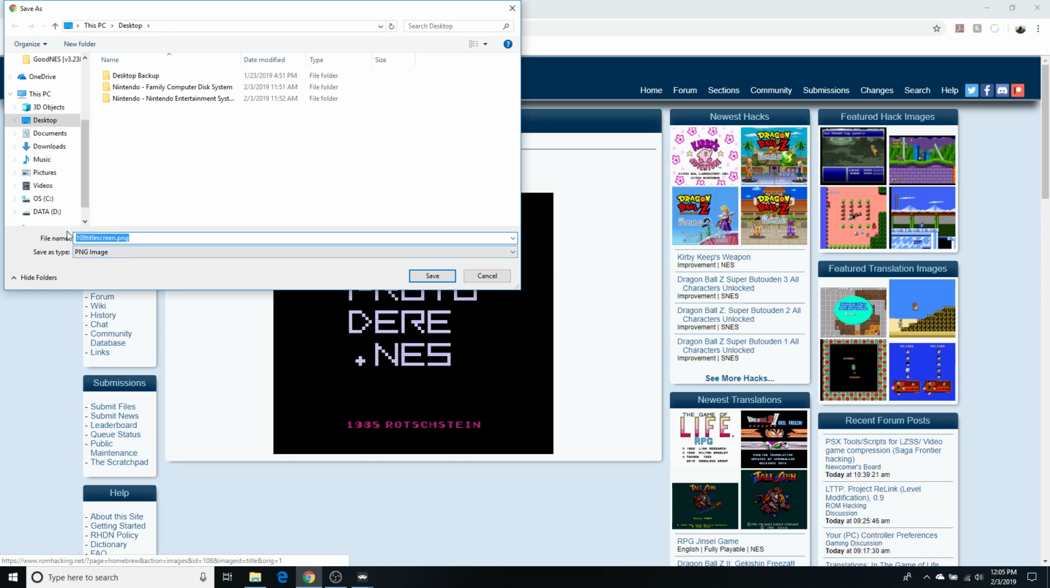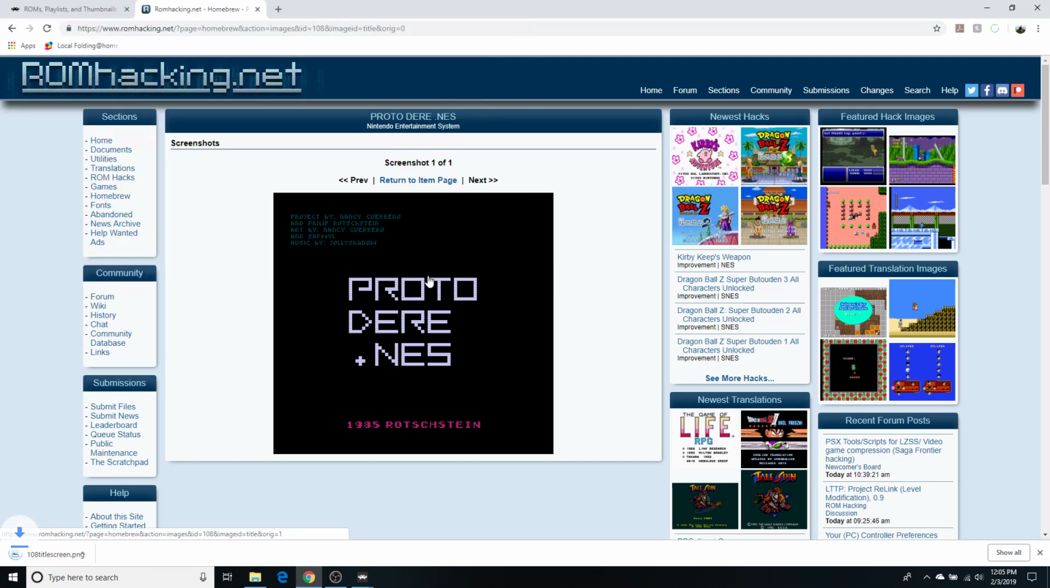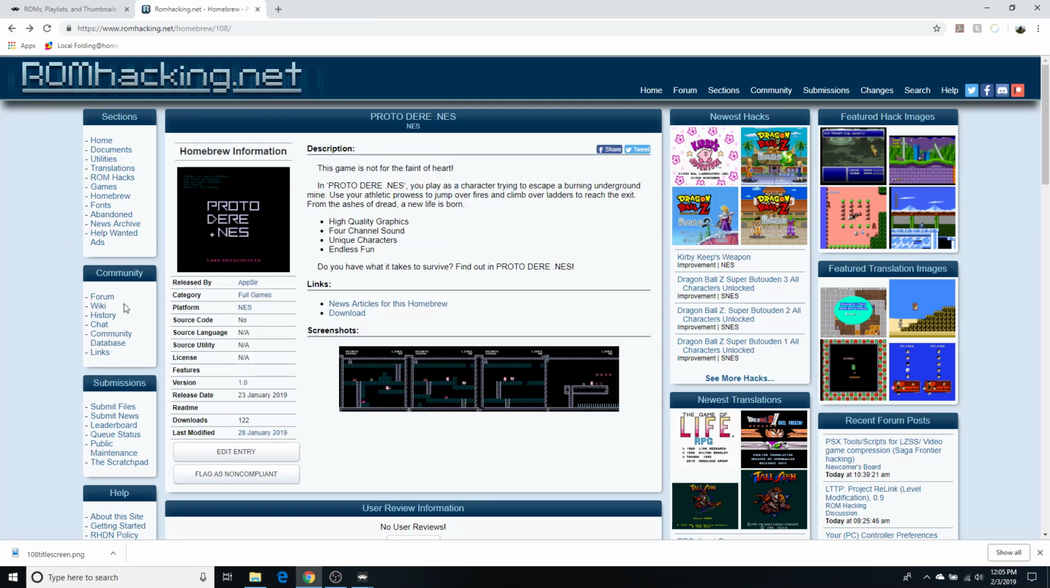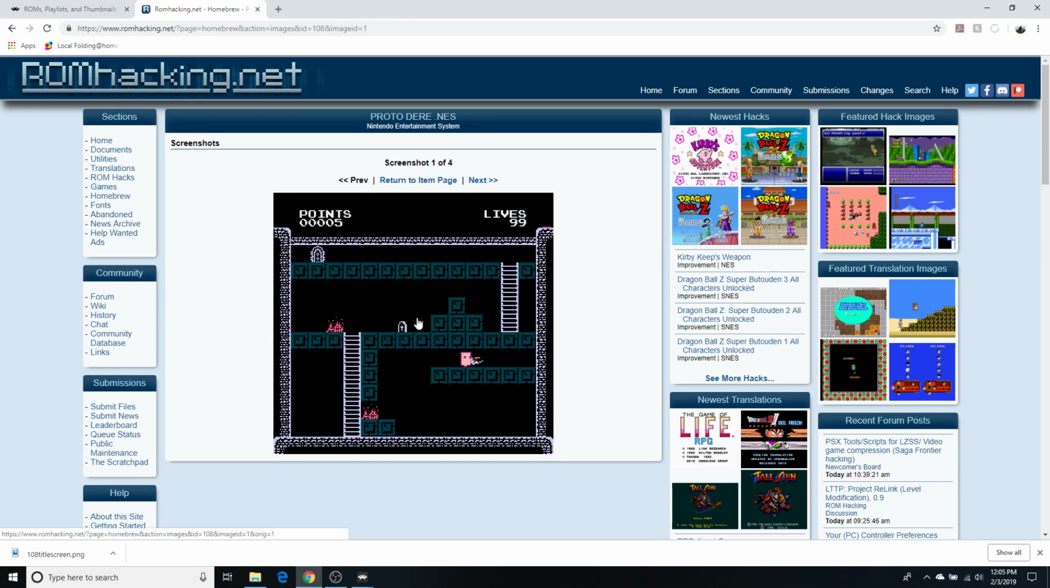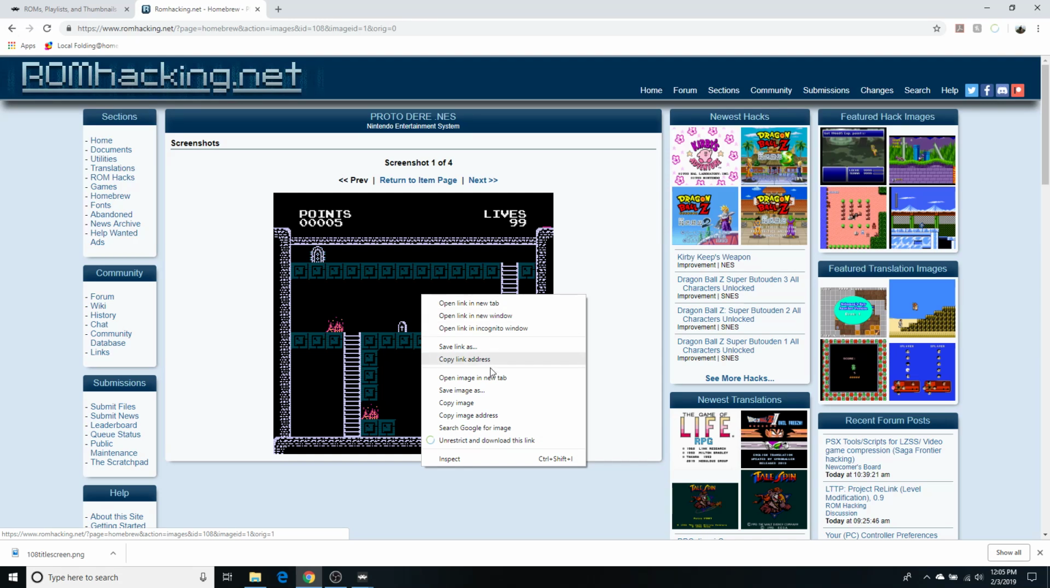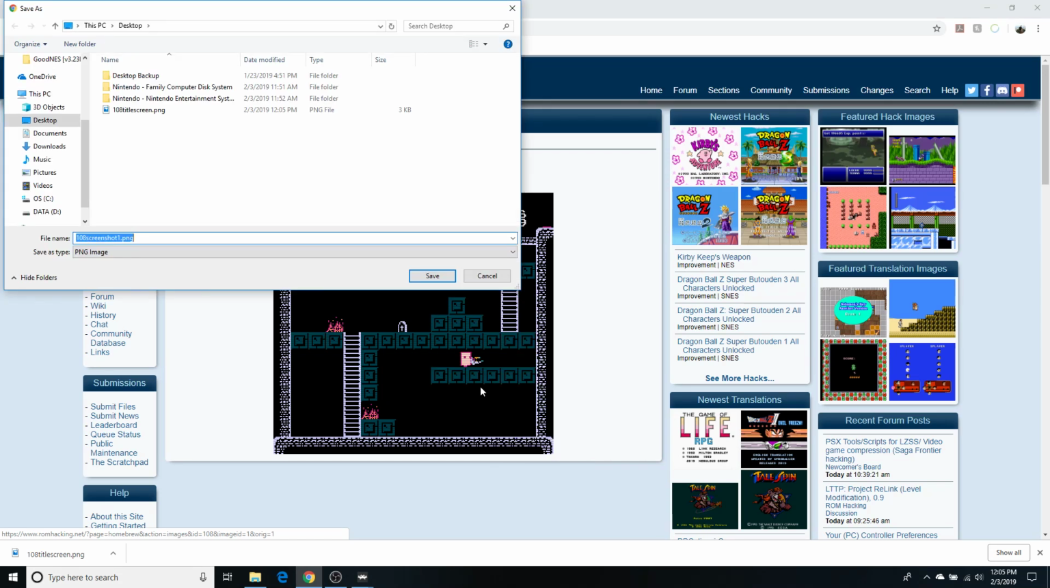And we'll just leave it named as is, because we're going to have to change it later. And I'm going to save it to the desktop for now. And then we want to go back to our screenshots, and let's take a random screenshot here. I like this one here. Make sure it's as big as it can get. Right click, save image as, and